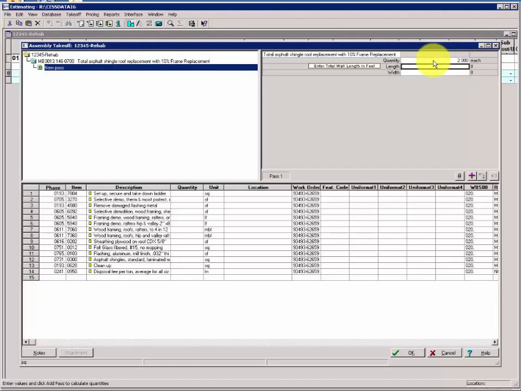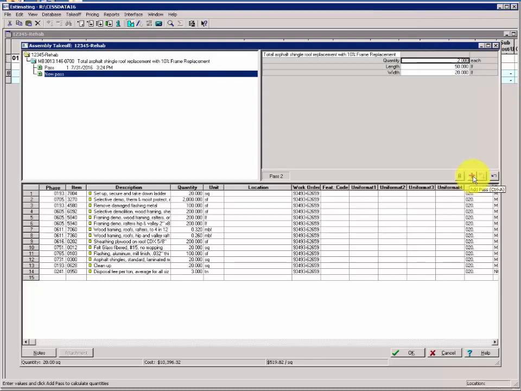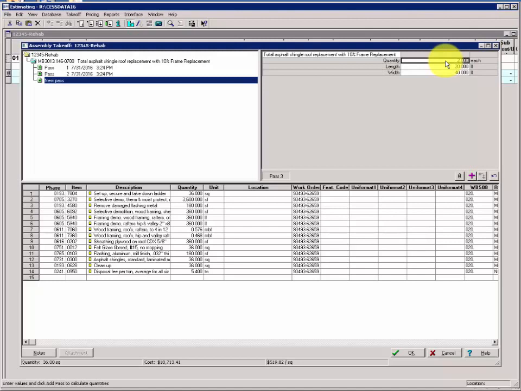Quantity will be 2, and those sections are 50 by 20. You can click the purple plus to add the pass, or you can simply hit carriage return or the enter key when you reach the bottom variable, the last variable. Pass 2 will be 2 sections again, but these sections are 20 by 40. And again, if the cursor's at the bottom, if you just hit the carriage return one time, it'll execute those